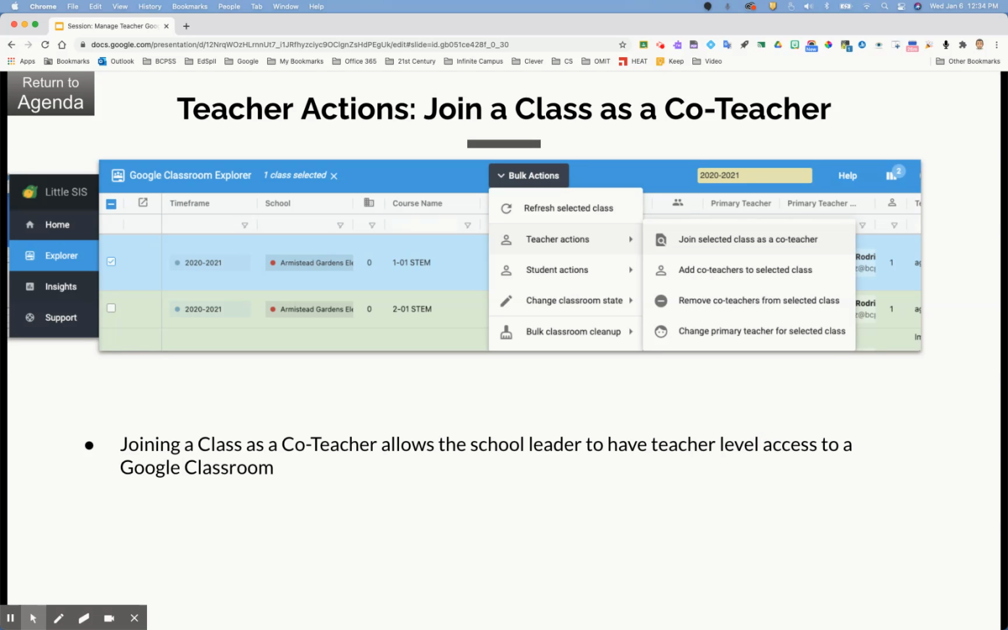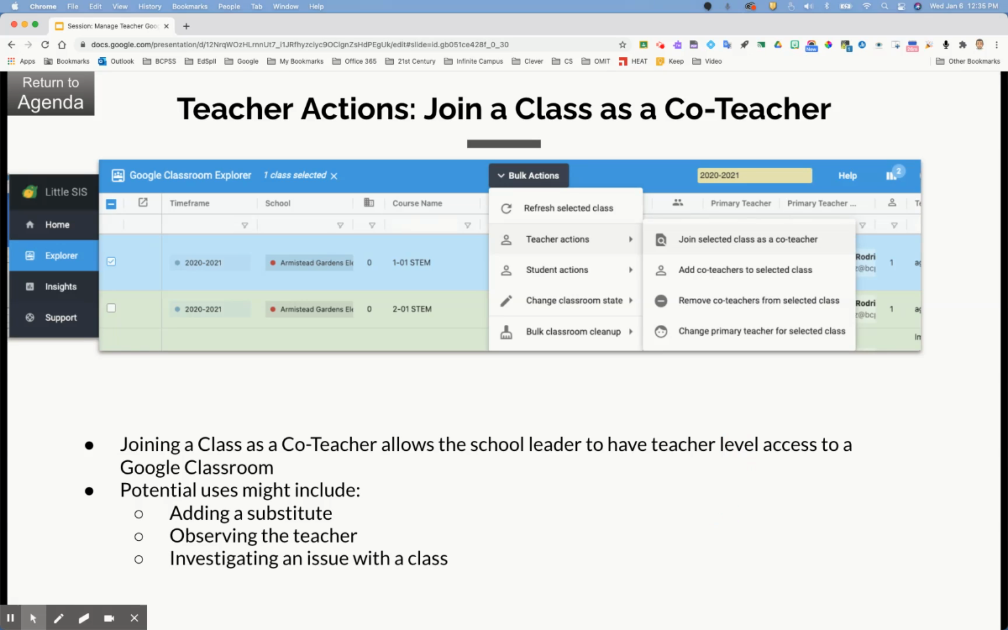So joining a class as a co-teacher allows the school leader to have teacher-level access to a Google Classroom. Potential uses might include adding a substitute to a class, observing the teacher, investigating an issue with the class, or monitoring student work. To do this, we'll start off by going to the Explorer to pull up all of the